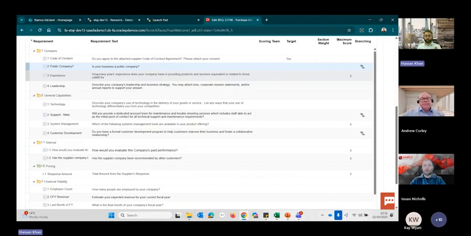So it's kind of a repository of questions which can be clubbed into different areas and models, which we'll explain later, and which can be utilized with different modules, like right now we are doing in sourcing